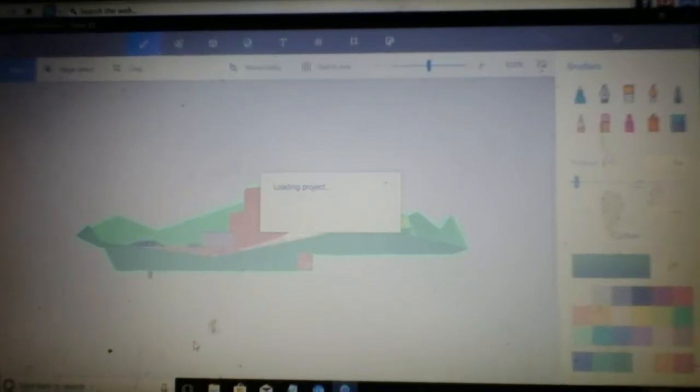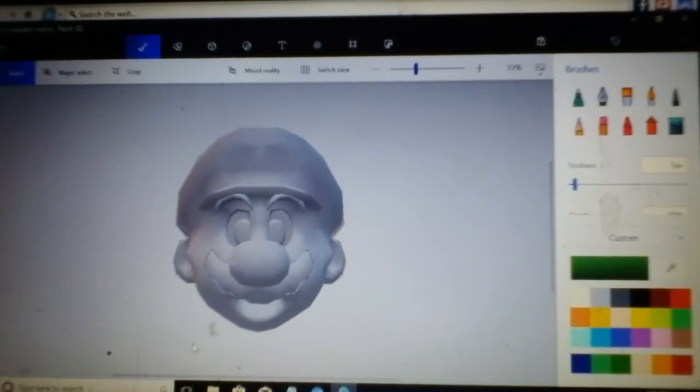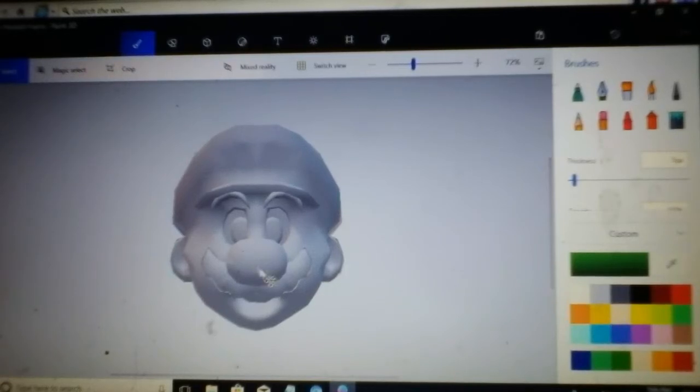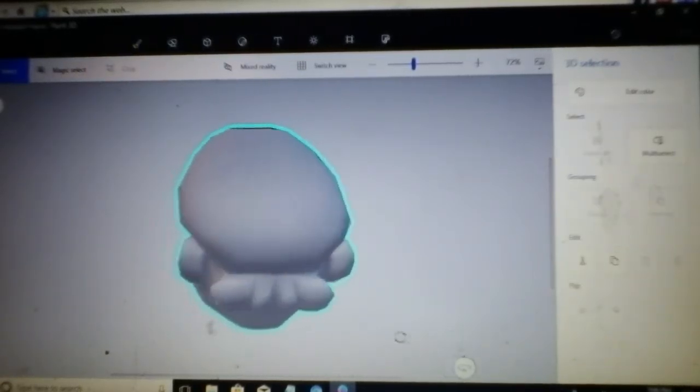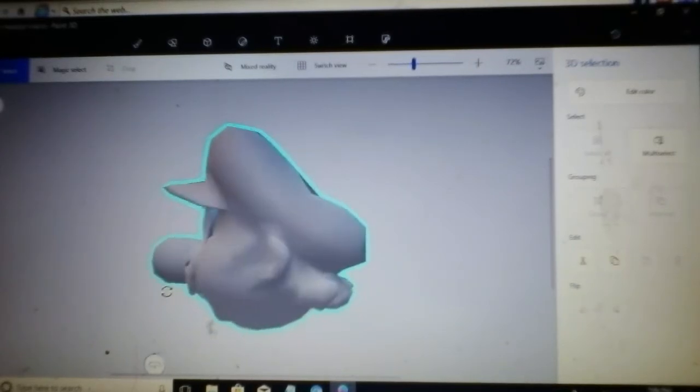This is one of my longest videos. Oh yeah, it finally loaded. In my next video, I'll finish this video with some models of color. So, this is Mario. Around the back, you can see he actually has pretty good modeled hair. And you can't see what separates his hat from its actual head, but